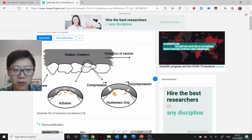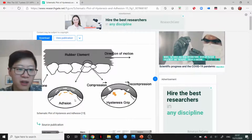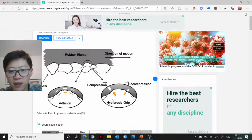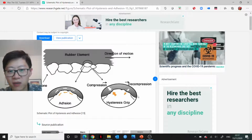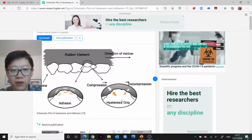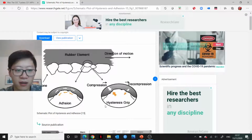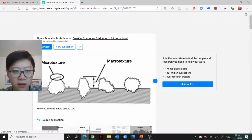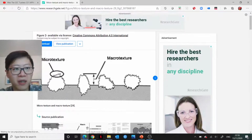So the adhesion part is likely lower because of the oils that come out of the surface, but I suspect it's mainly the hysteresis grip, which is also a lot lower. And so looking at this very useful paper on